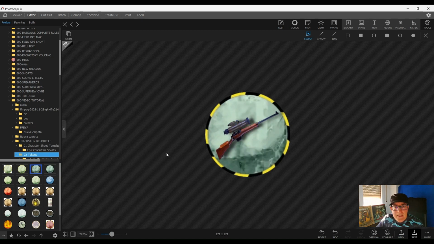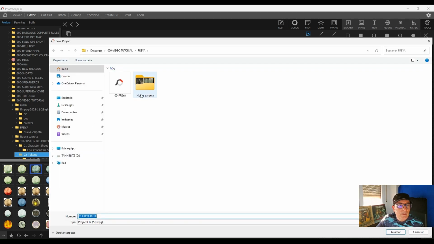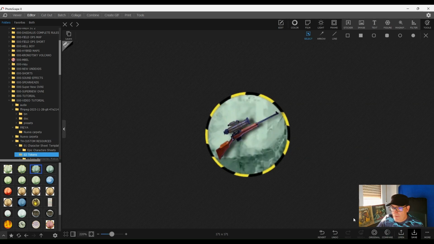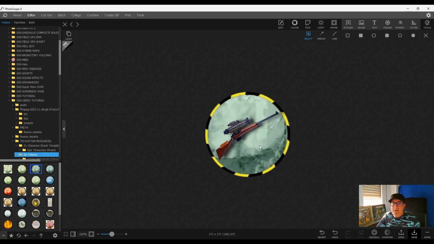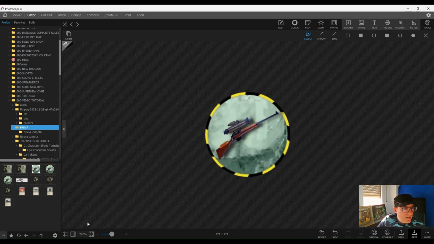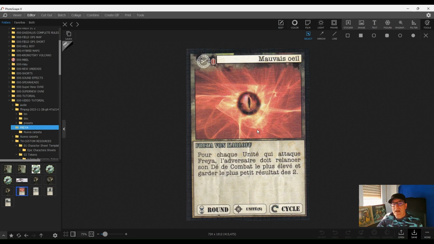What about if we want to create another one? Well, we are going to save the project as well, as previously we made the rifle. Sorry, I'm going to repeat this because I think it's not there. And we have it, the main weapon, a rifle with a scope. Okay. What about if we want to create a special object? For instance, we have the pick that came in the Tannhäuser field ops. In the suggestion made by the Grand Clam